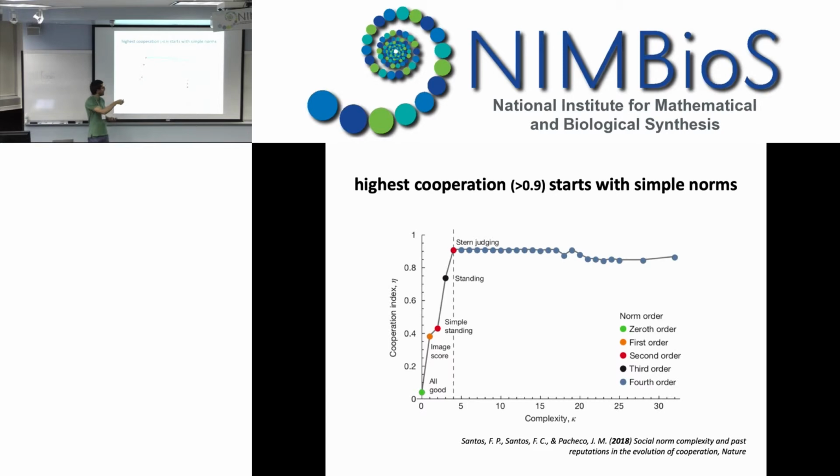And then we can continue until we reach these norms with a complexity of 4. And after that, even if we increase the complexity of norms, even if we consider norms that are much more complex, we don't obtain significantly higher levels of cooperation. So notice what we are doing here is going from these binary strings that usually are used to formulate these norms and strategies, and translating this to a logic formula and counting the number of literals. And we can apply this reasoning not only to norms, but also to strategies.